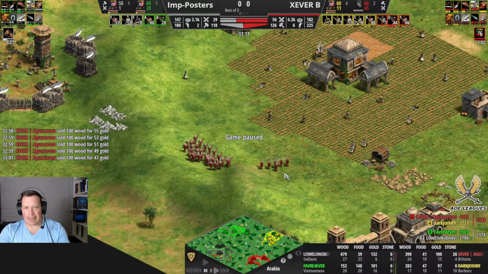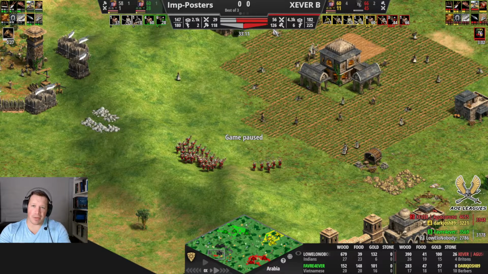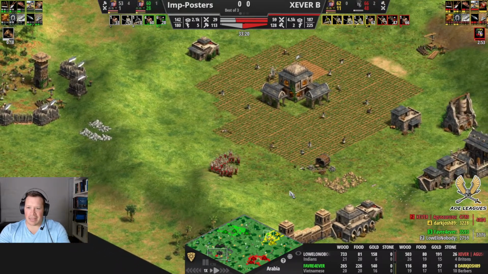I'm going to pause it for a second. Let the game catch up. Let's take stock, though. Yeah, so we can see XEVER B is starting to pull ahead a little bit in the eco department, 8-vil lead. But they have twice the military on the field now after low elo nobody took that fight. So yeah, there's basically no cav here for the Imp-Posters. All right, let's unpause here, and yep,